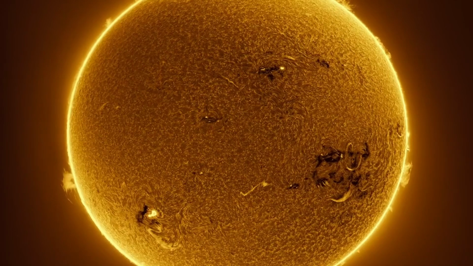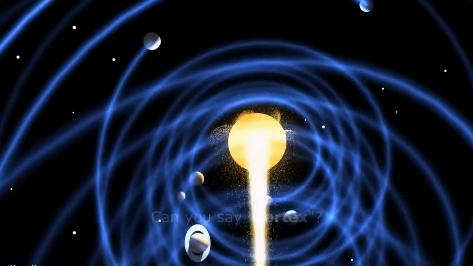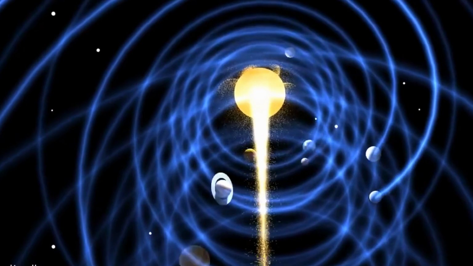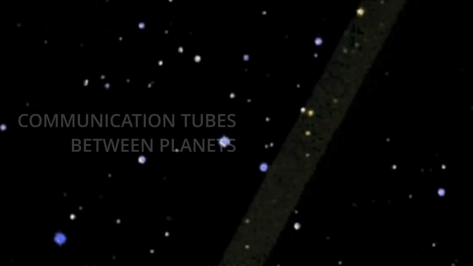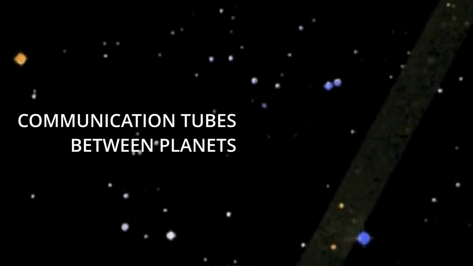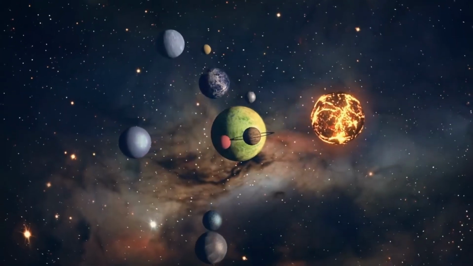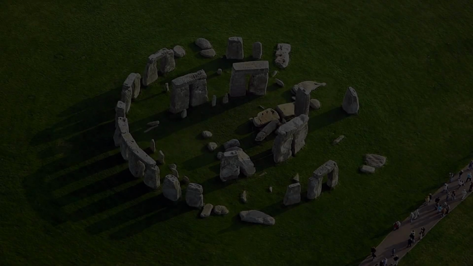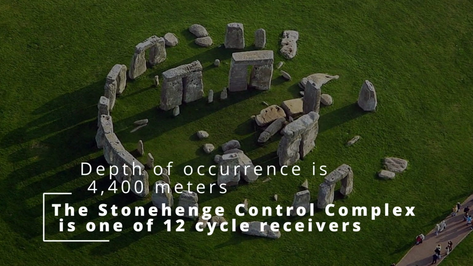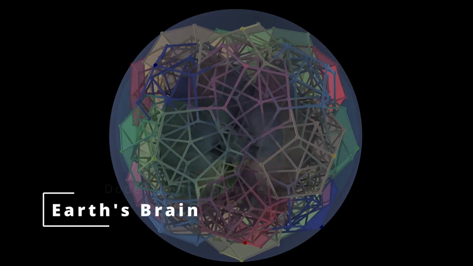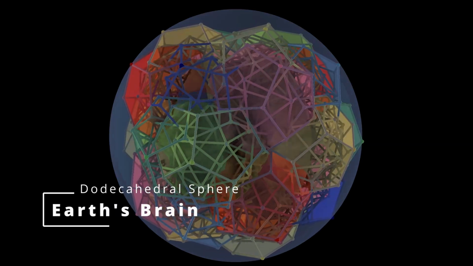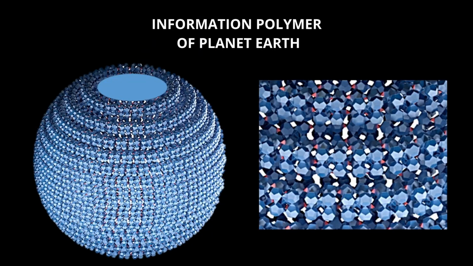Let's recall from previous episodes that the beat oscillations begin from one of the layers of the Sun's atmosphere, and then, using connection tubes with planets, the beat is transmitted to all objects of the interplanetary system. In our case, to Earth's satellite, the Moon, which in turn transmits this beat to 12 beat receivers on Earth. Then the beat oscillations enter the brain of the planet and through it into the energy grids of the atmosphere. These grids are officially called meridians and parallels, but are actually spirals.